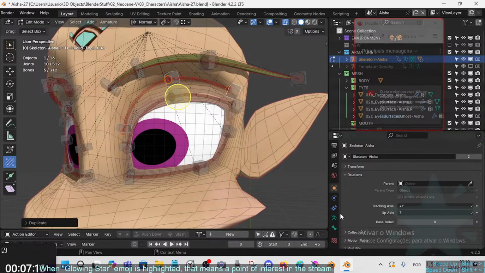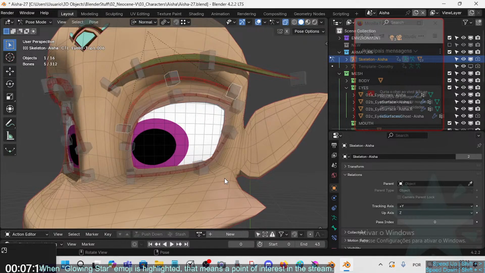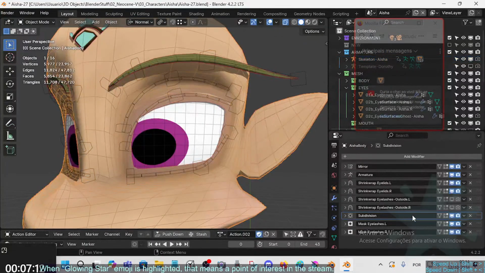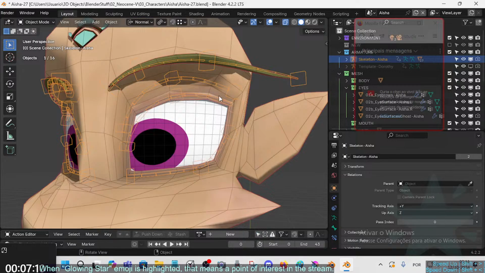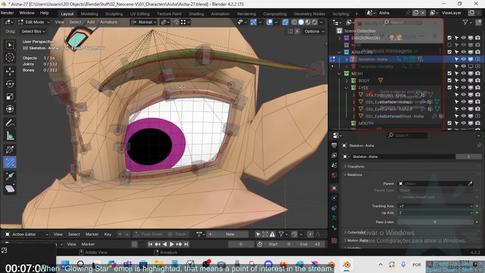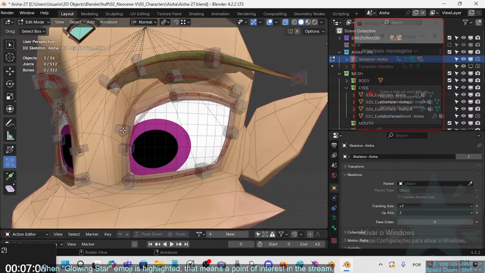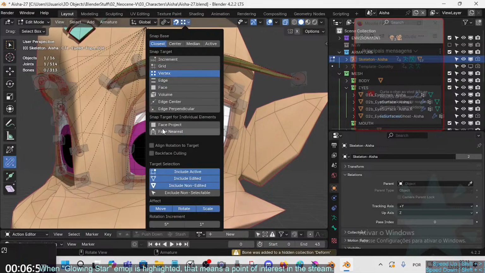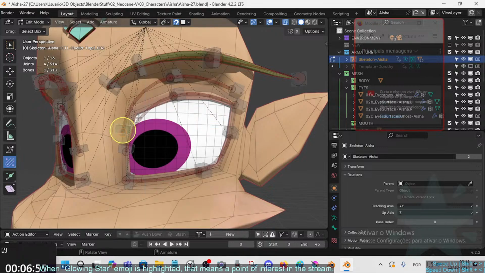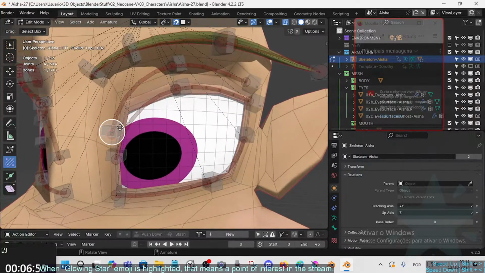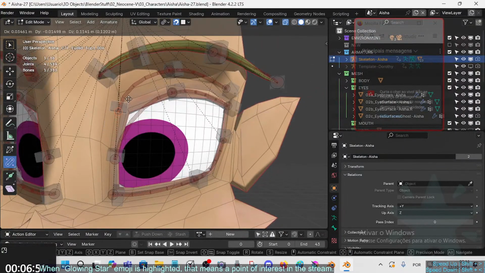I want to see the real vertices here. It will be important to try to snap these to the face project. Yeah, I want to sort of snap those to the